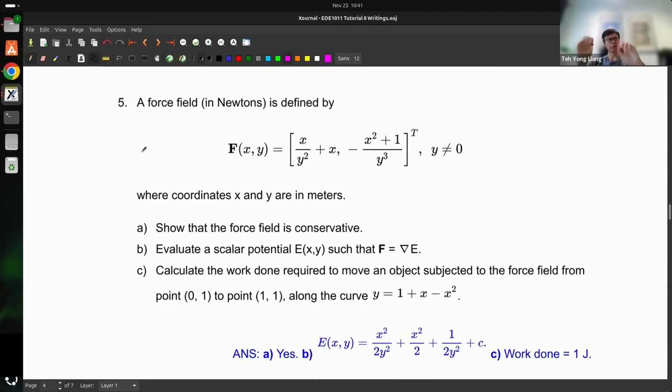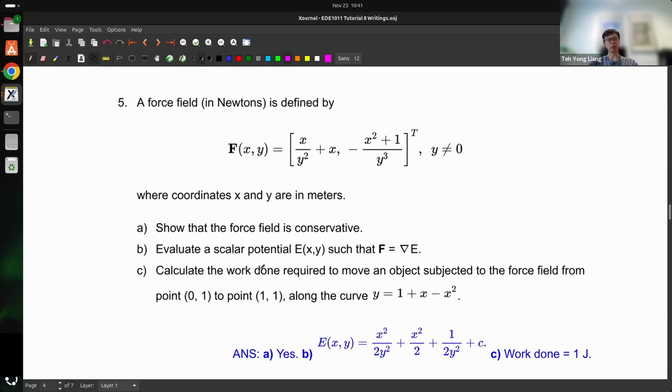Okay, 5 is a force field in newtons defined. So then you're supposed to show that the force field is conservative. So basically just find the curl. You can see that this one has no z component, so just throw a 0 to the z component. Then after that, evaluate the scalar potential. Then once you get the scalar potential function E,